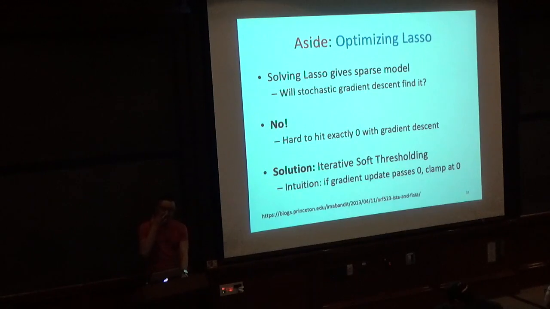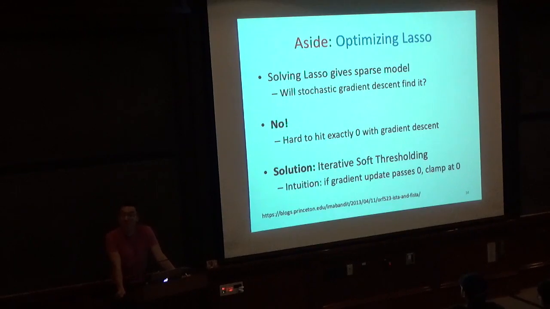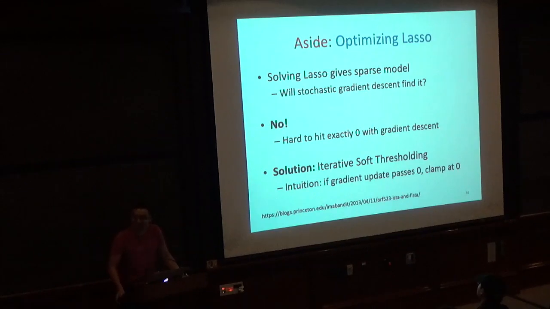Okay, so one of the challenges with Lasso is that exactly hitting 0 with gradient descent is really, really hard. You basically need your step size to drop to 0 in order to exactly hit 0. And yet one of the reasons why we want to do Lasso is we actually want to recover an exactly sparse vector. And so there are methods of doing this. The most popular one is called iterative soft thresholding. I'm not going to talk about it, but just so you know that these things exist.